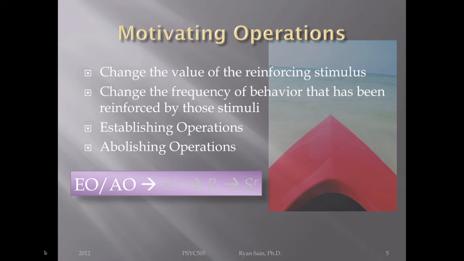Because EO-AOs do happen before you start the three-term contingency for a particular task, but they don't directly affect discriminative stimuli. They directly affect a reinforcer at the end of this chain. So maybe putting them out front is fine, but drawing a curved arrow over to the reinforcer is what you should do. So fine, leave them out here, but they affect the reinforcer, right? Which in turn affects discriminative stimuli and the response in the context of that SD, right? So you can see that this stuff is very tightly linked together.